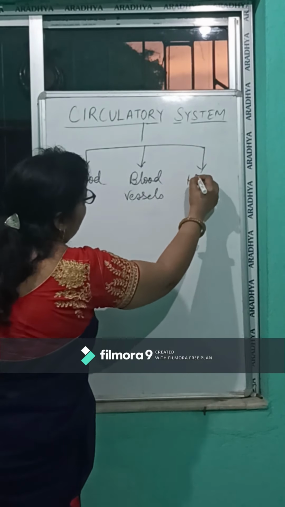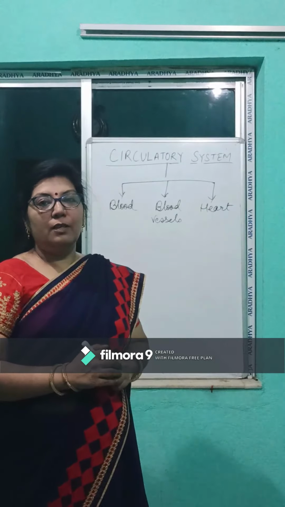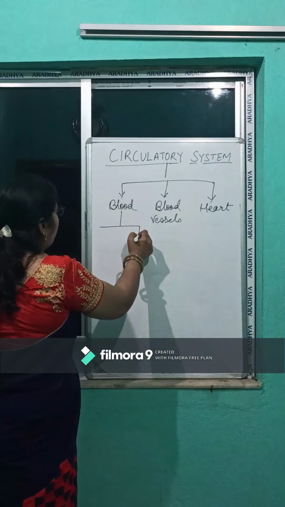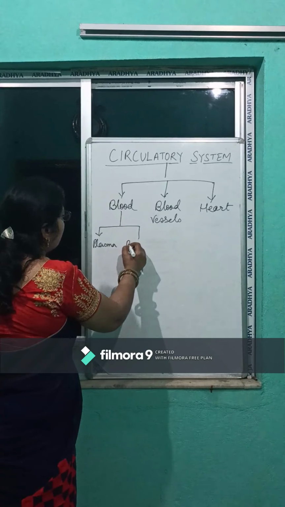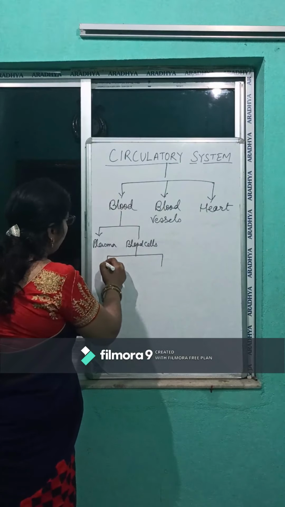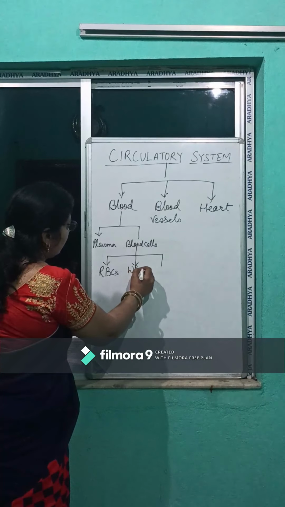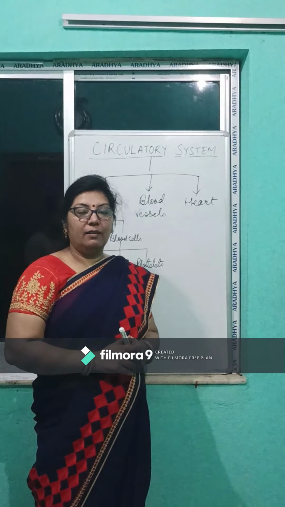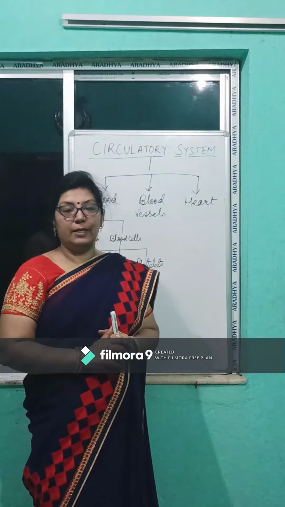Blood is the red colored viscous fluid. It is further divided into two parts. First one is the liquid part and the second one is the solid part. The liquid part of the blood is called as plasma, and the solid part is known as blood cells. Blood cells are also further divided into three parts: RBCs, WBCs and platelets. Plasma is yellowish in color, and in it are dissolved enzymes, hormones, oxygen, food, etc.